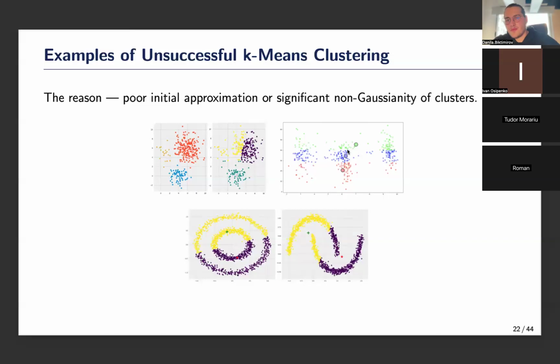Because the distance between the true clusters is much bigger than the distance between centroids, all new clusters will be only in this cluster. So we never took centroids from the true clusters.